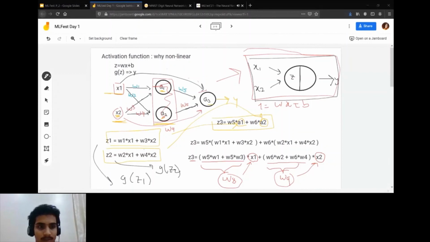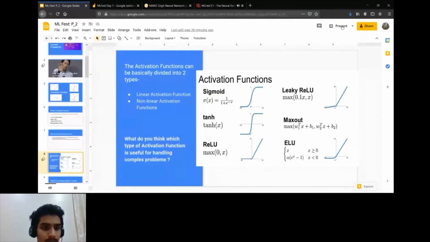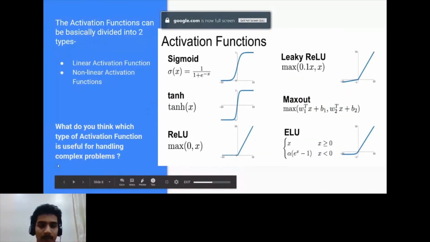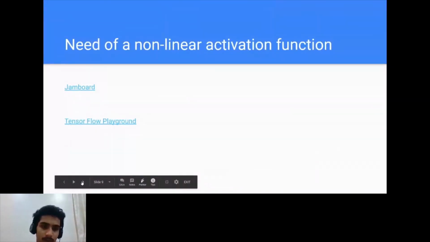Now let us move on to the slide. Okay, so we saw why we need non-linear